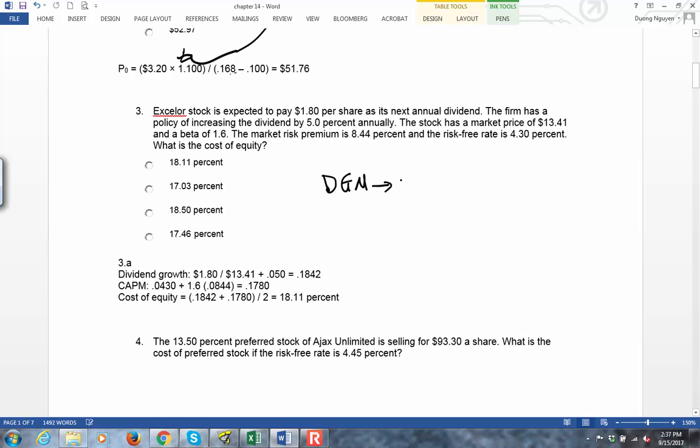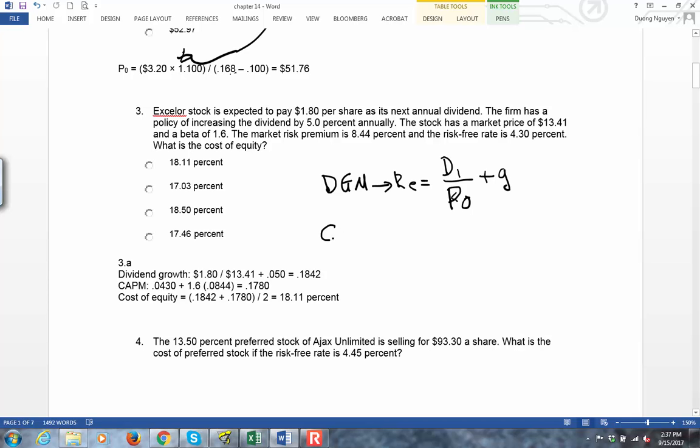According to this model, the cost of equity is equal to D1 over P0 plus the growth rate. So according to this, D1 is $1.8, P0 is 13.41, and growth is 5%. So according to DGM, you get the cost of equity is